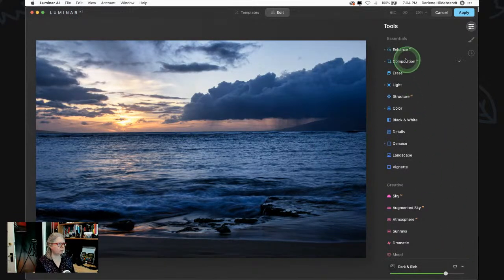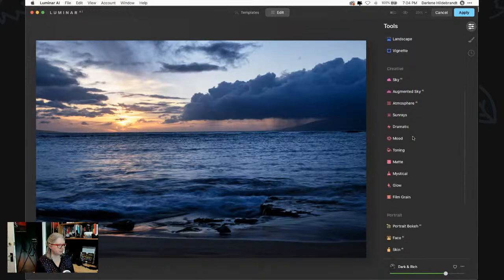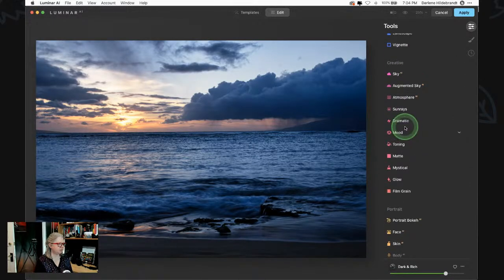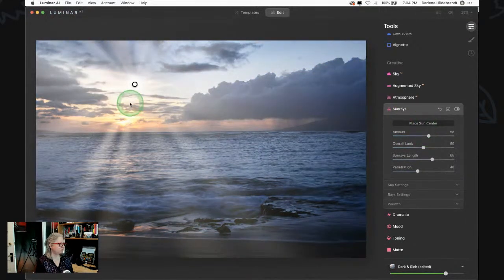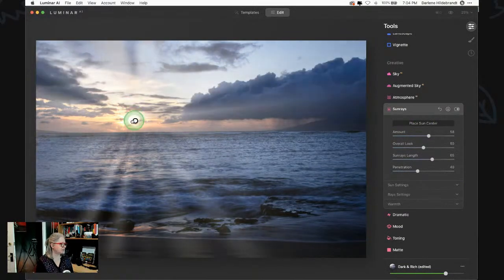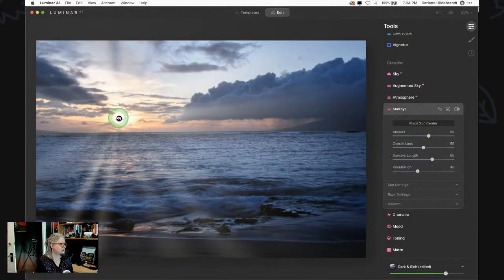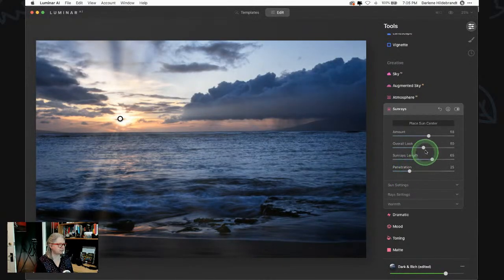If I want to go through now one by one, each of these tools is telling me with this little dot that it's had something applied. One that I was considering for this image was sun rays. The sun rays that I put on the other one was kind of because it was fun. This one might work really well because the sun is actually in the picture. And I could put it behind this little cloud there. Now you'll notice that I turn up the amount really high. And I do that partly because I just want to see where it's going, right? And then I'm going to turn the amount down